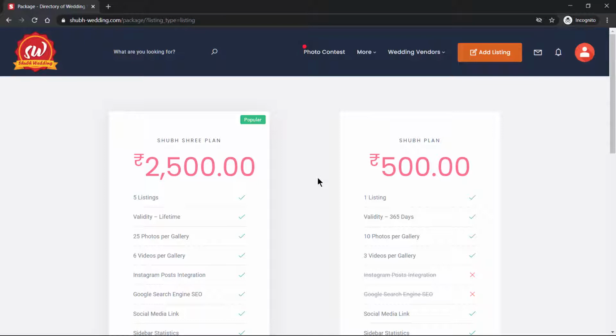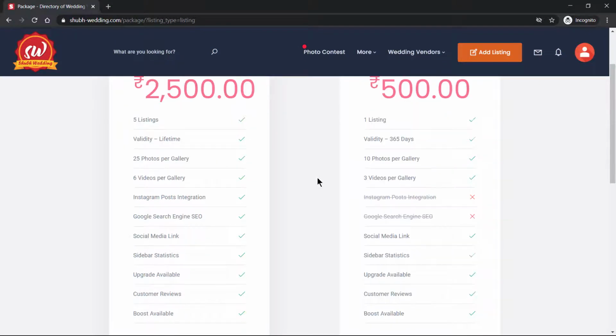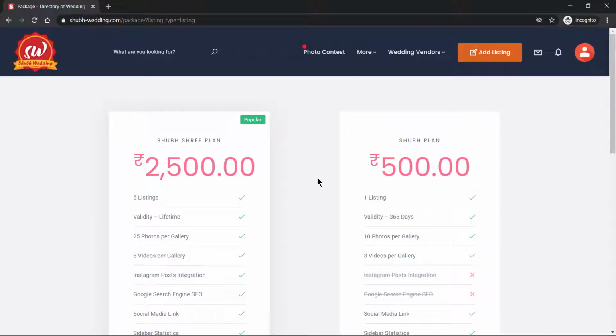After clicking add business listing, you will land on this page. Here you have to choose the package. There are two plans at the moment, and these plans keep on changing. We also offer discounted plans, which are subject to any festival offer or anniversary or something like that. For the latest updates, we recommend you visit our Facebook and Instagram business page.